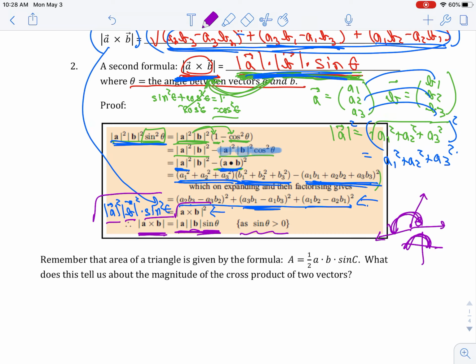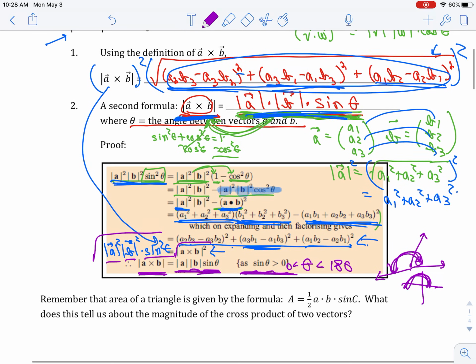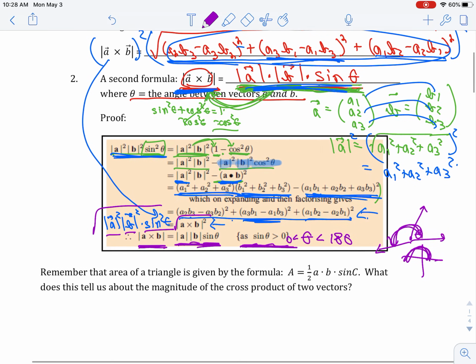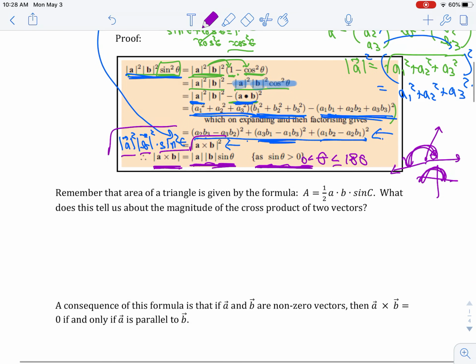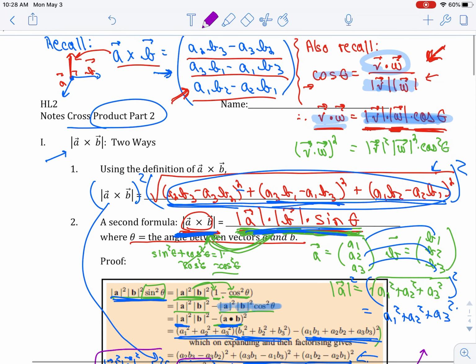This is positive, this is positive. Sine of theta will be positive because theta is always between 0 and 180. Well, it could be equal to also, I think. But we're dealing with angles between 0 and 180. Okay, so there is the proof. I'm going to stop there and then we'll do one little